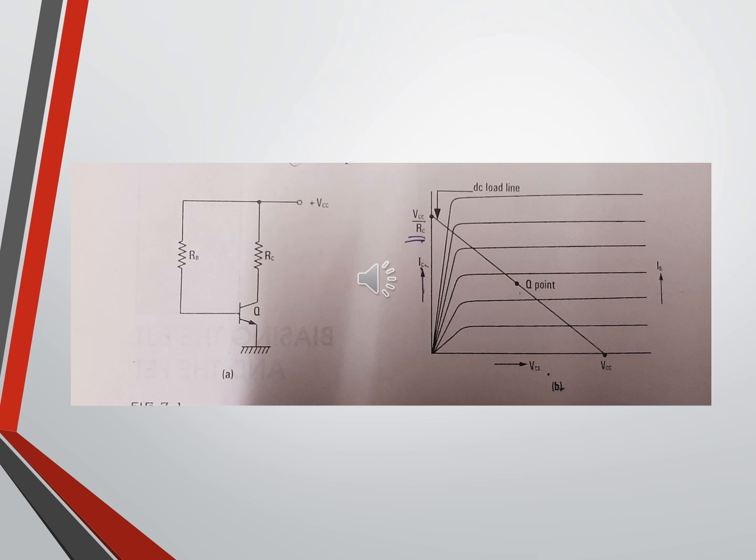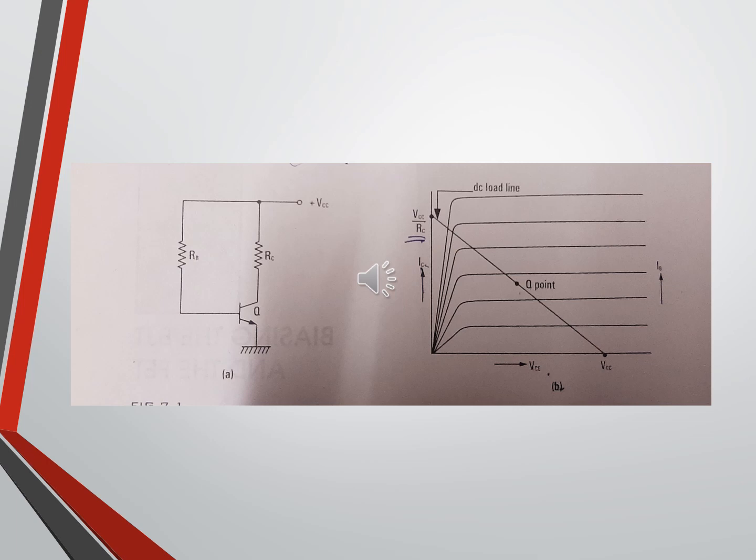And one condition is, if the load resistance is infinity, what happens? We must keep the operating point at the center of the DC load line. For what? To get the maximum output swing. Otherwise, the Q point may be fixed depending on the output swing requirement, or load requirement, or gain requirement, or any other conditions, like noise and all.